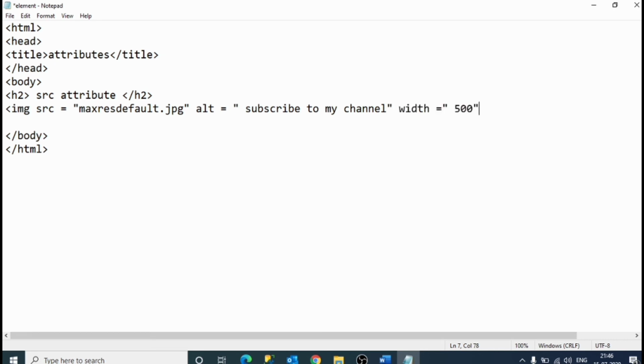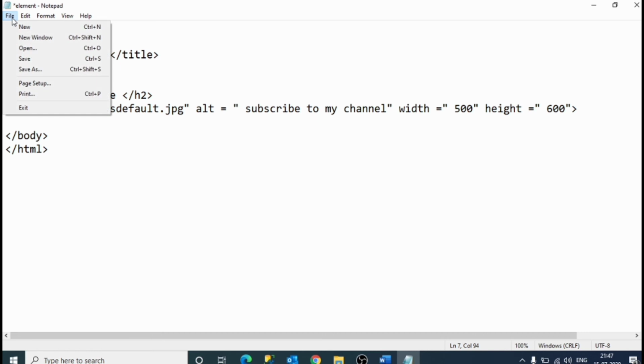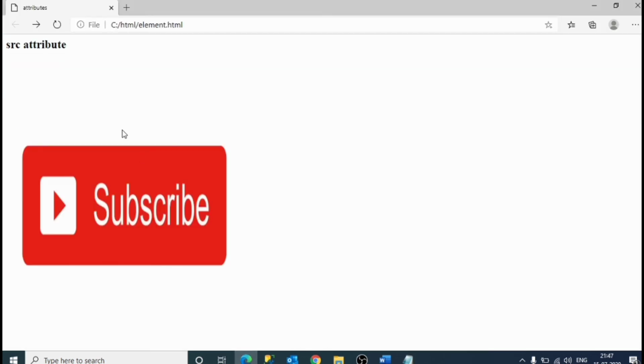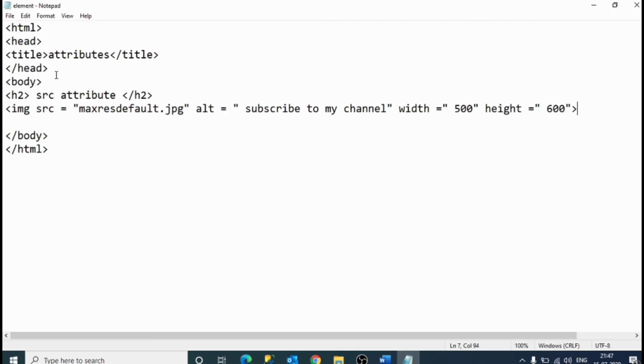Now width we'll take as 500 and height we'll take as 600. Now we'll just save it and I'll change the name to ALT attribute. So save.